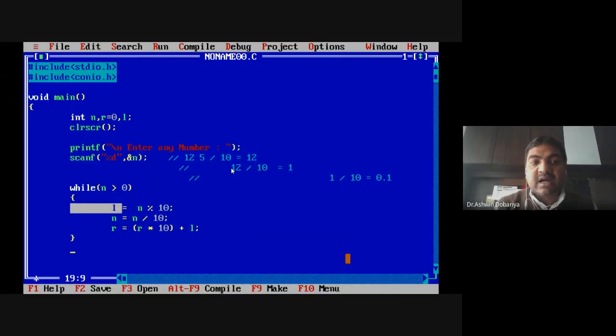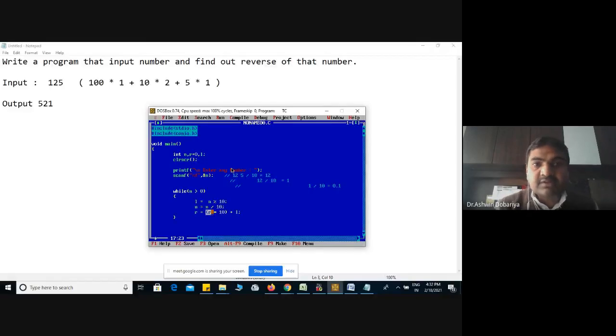How do you know that r multiplied by 10 is the reverse? See, first time I don't want to multiply the number. The first value is always multiplied by 1, and multiplying by 1 means it stays as it is, there is no change. So first time, I declared r as 0. So 0 multiplied by 10 becomes 0, plus L, the last number.